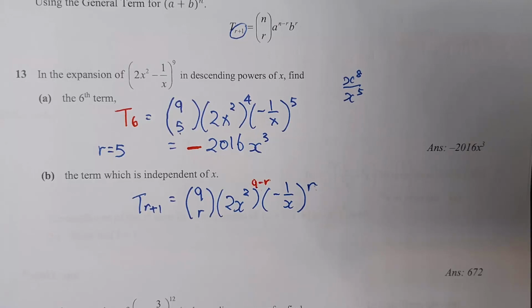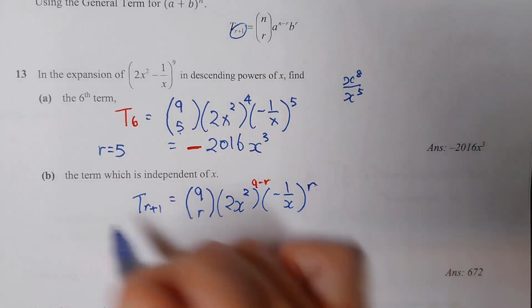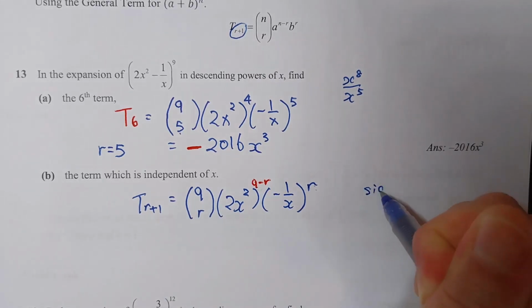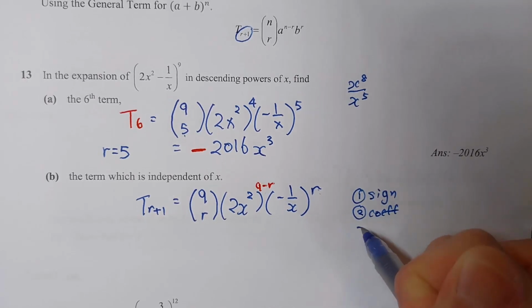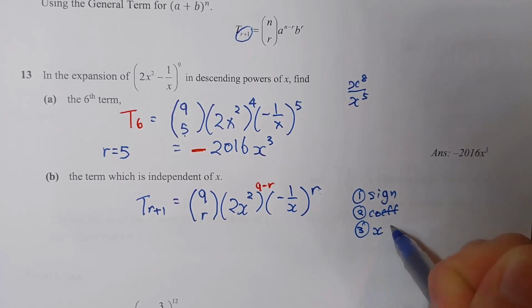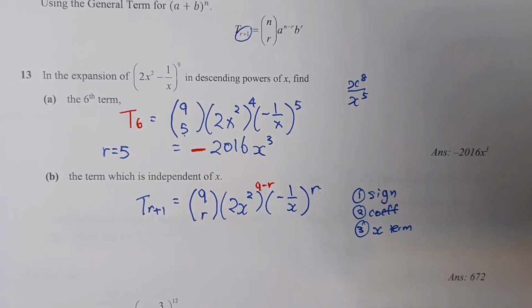So what we will do is we will split this into 3 parts. One part will be the sign. One part will be the coefficients. And one part will be the x terms. Okay, let's see what I mean here. So which part will give us the sign? It is actually negative 1